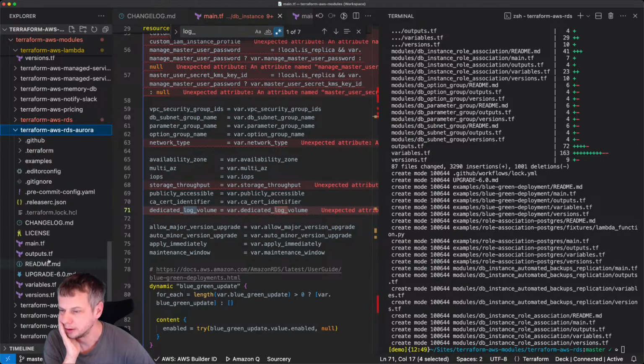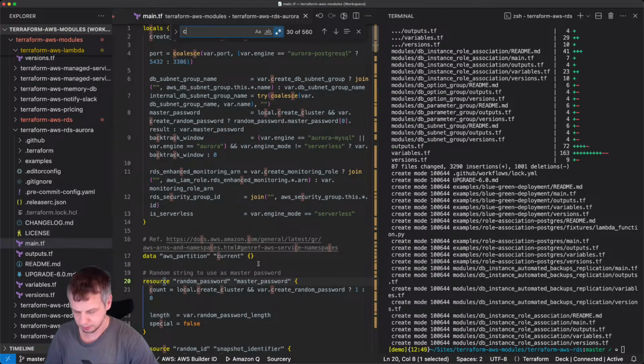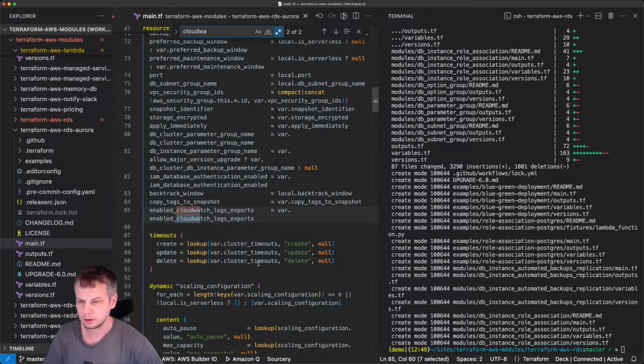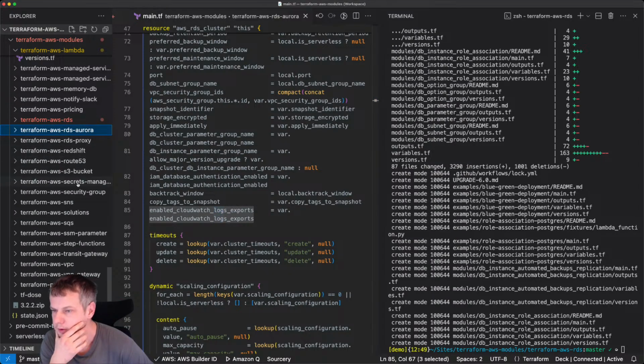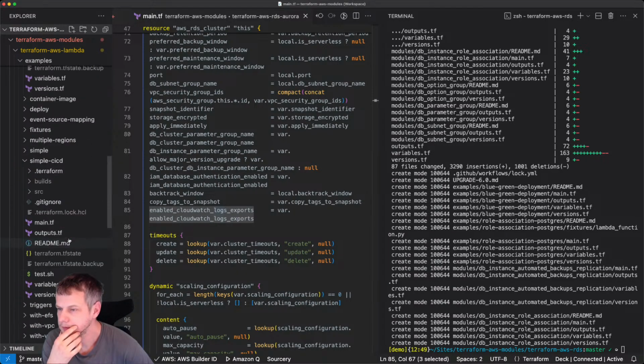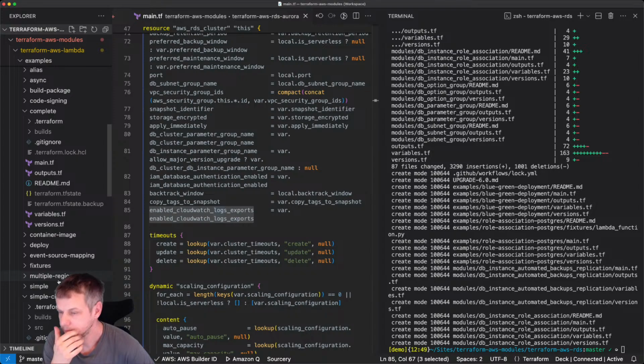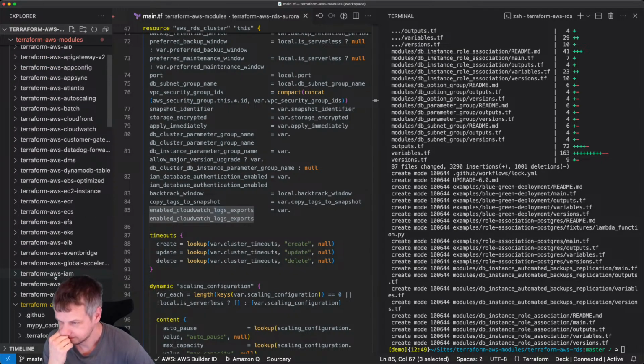Maybe not here, maybe in Aurora. No, log, not Aurora. Where do I have it? Yeah, that's a problem. We have so many modules.